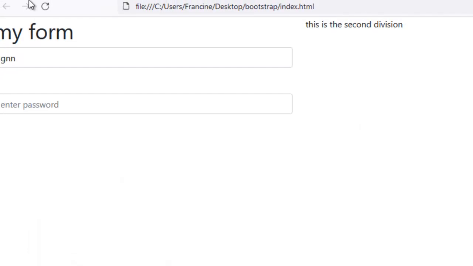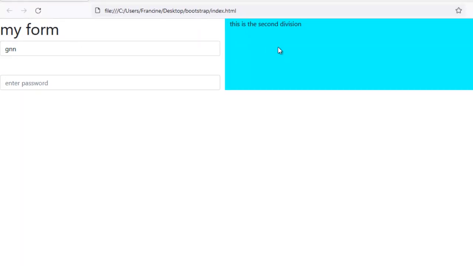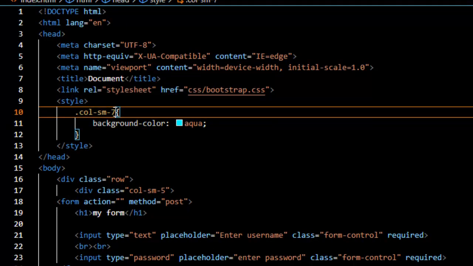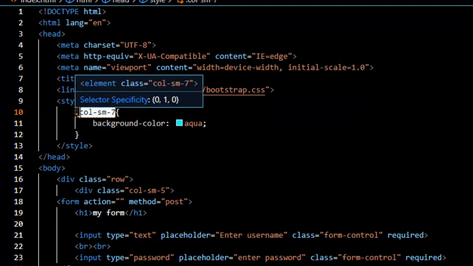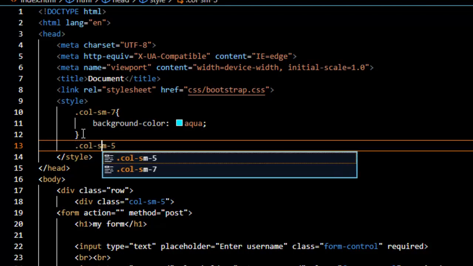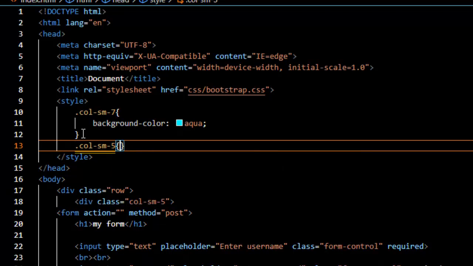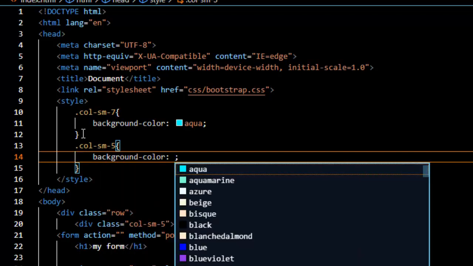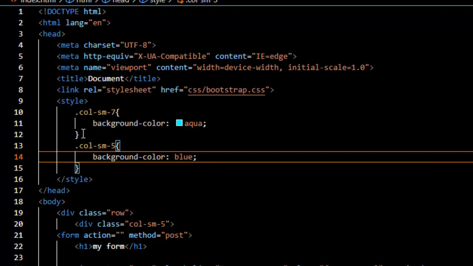So if I refresh, you see now the second section starting from here, and the white section is the section of the first 5 columns. So if I get the first 5 columns, I also give them a color, they're also a class. So if I do like this and I give them a background color of, let me say, blue, and I save this,